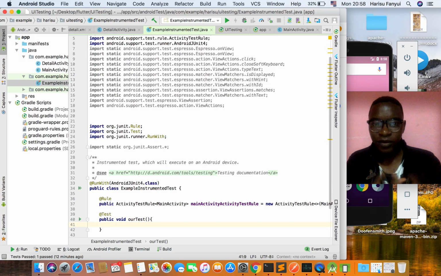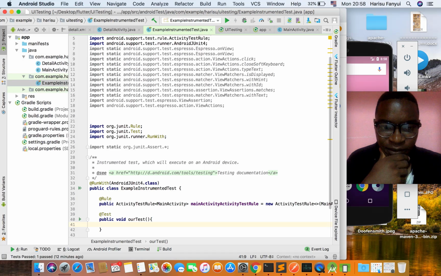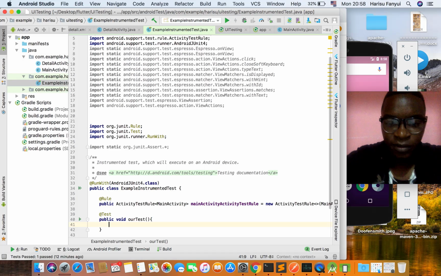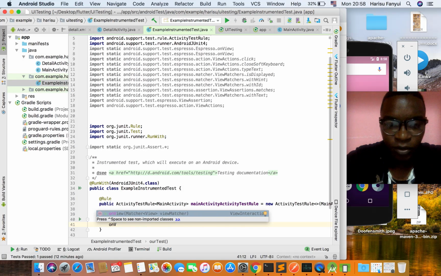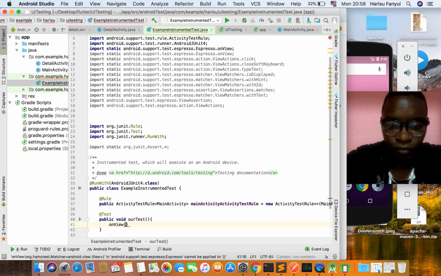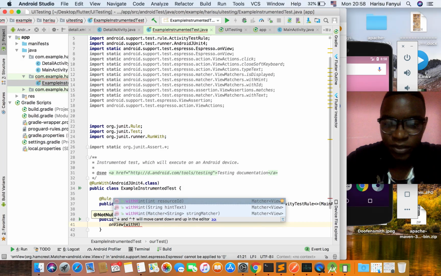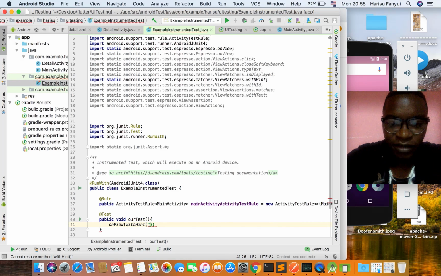So the only thing that we'll do here, we'll first of all check the edit text for the hint text. We type text into it and we click the button. That's all. So you locate with onView with, let's use with hint. The hint of the name text view is